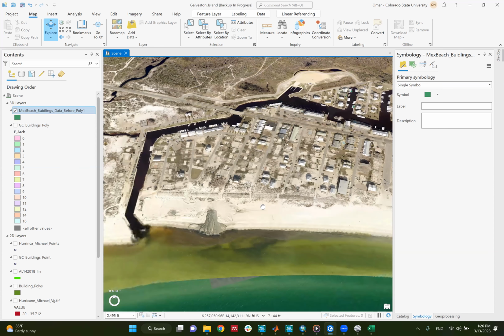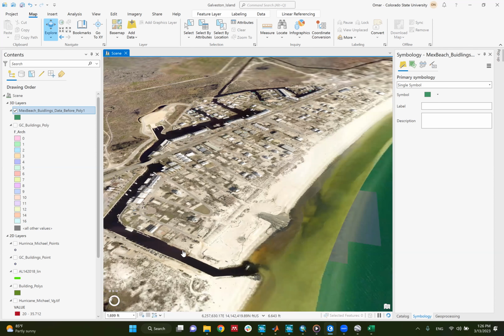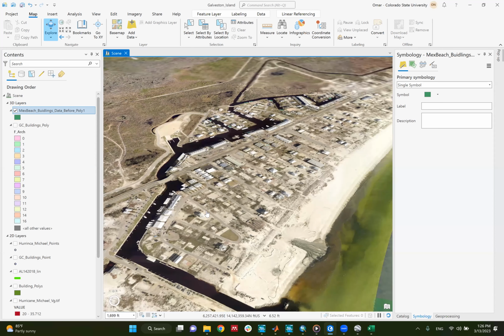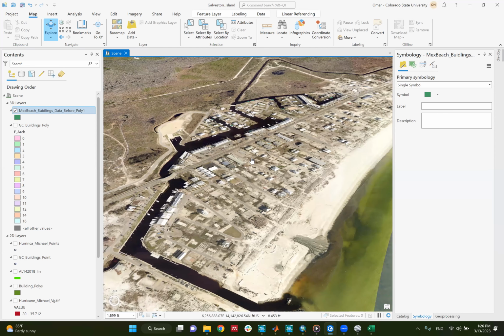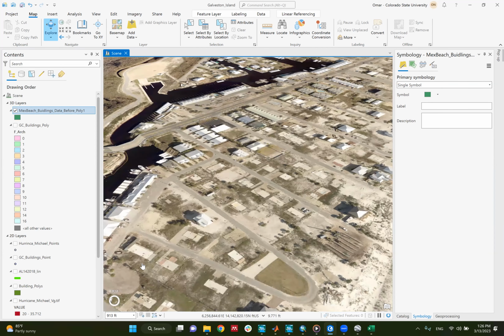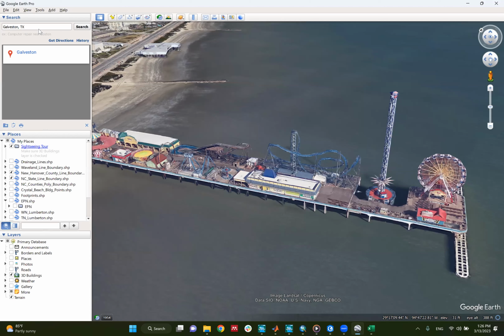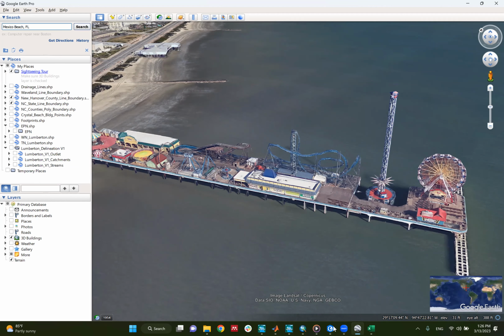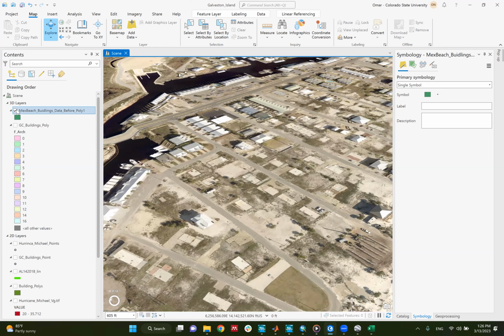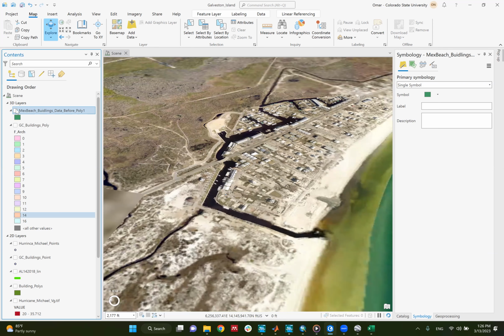So this is Mexico Beach, Florida. And actually this base map reflects the state of the buildings there. All these buildings were damaged. The ones that you see are removed. All these buildings were damaged by Hurricane Michael. So if we go here and search it, Mexico Beach, Florida. Okay, so how about if